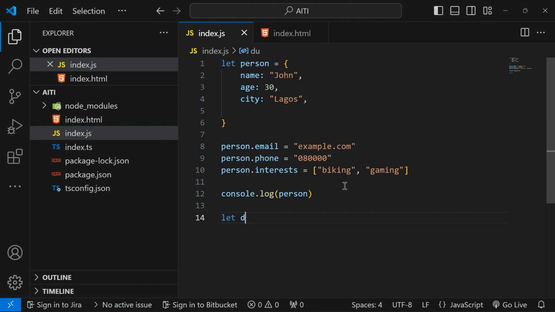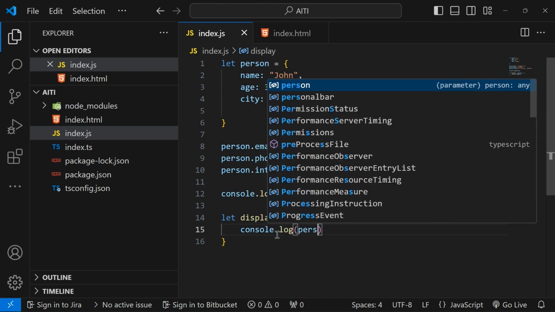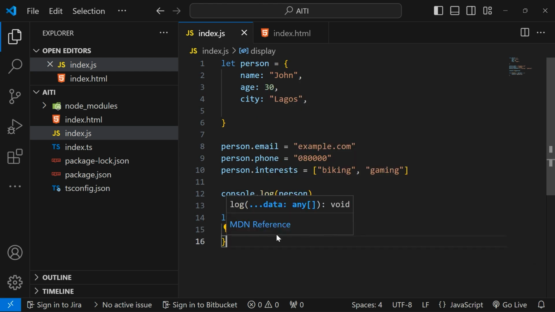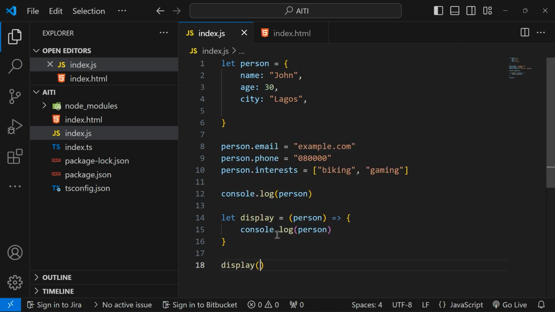So let's say we would have an arrow function called display that will take in the person as a parameter, and we can display the information of that person from this function. So now I can call my display function, and it will do